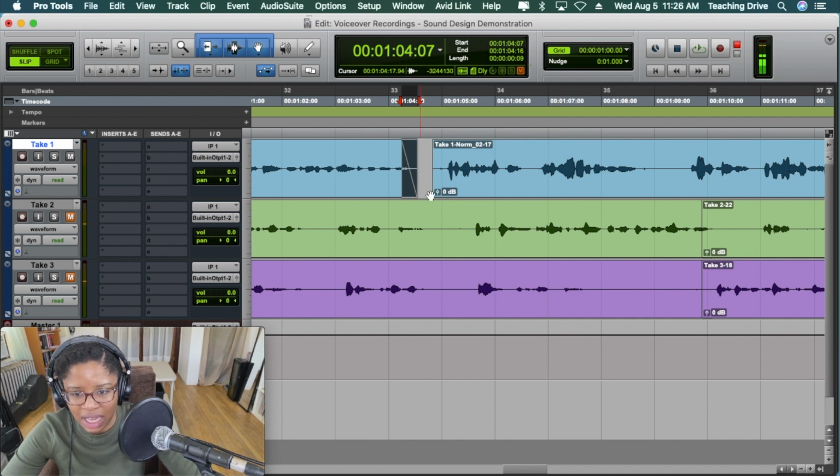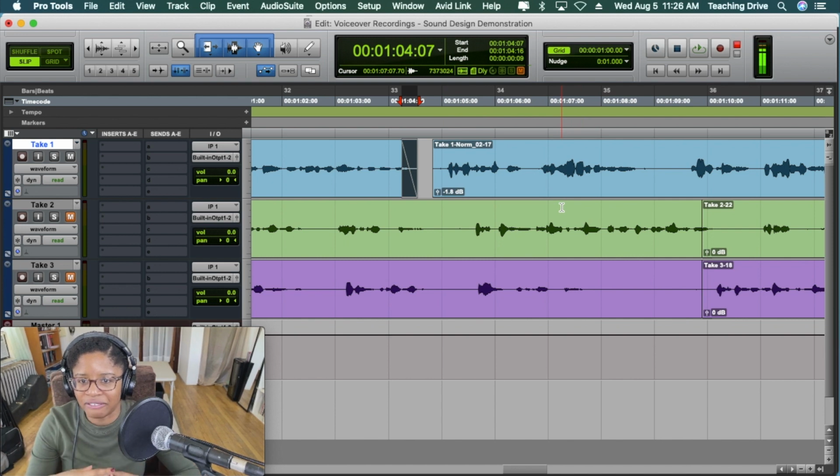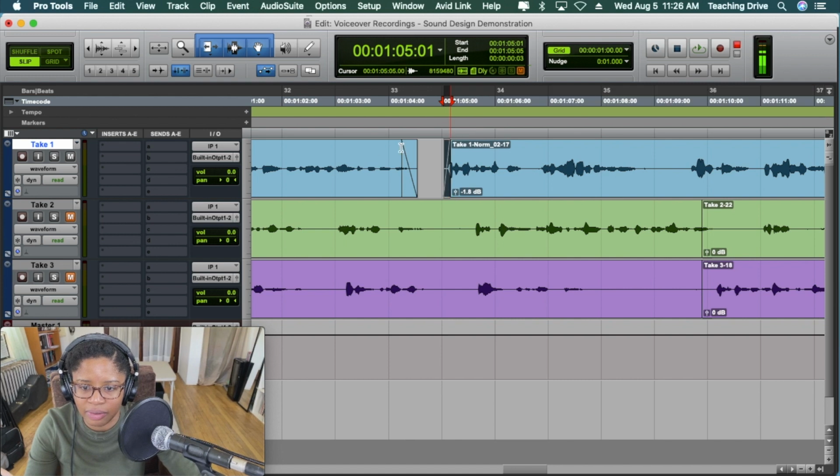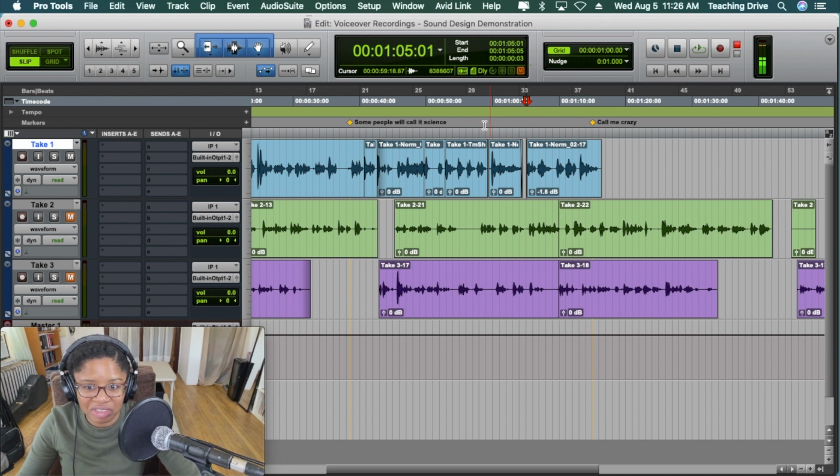All right, so I'm just adding a little fade here. I'm going to turn down the clip gain. So notice how even though I'm focusing on the pacing and the timing, every edit and cut I make, I'm also making certain adjustments. For instance, I'll trim this here, add a little bit of a fade. You just saw me turn down the clip gain a little bit to help even out the volume between the two different clips. So again, this is why I like to break down the editing into different kind of phases that I focus on, because then I can really make sure that I nail that particular phase.